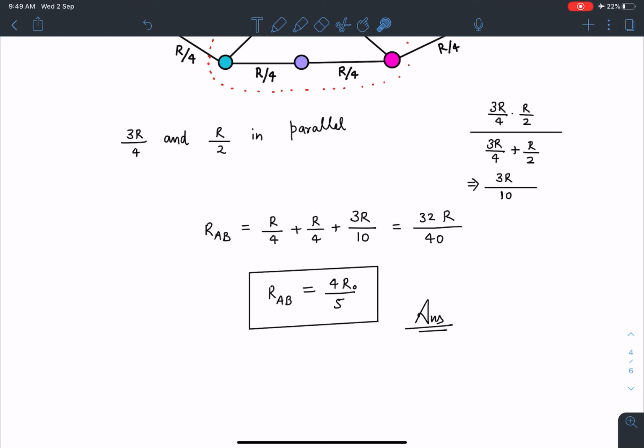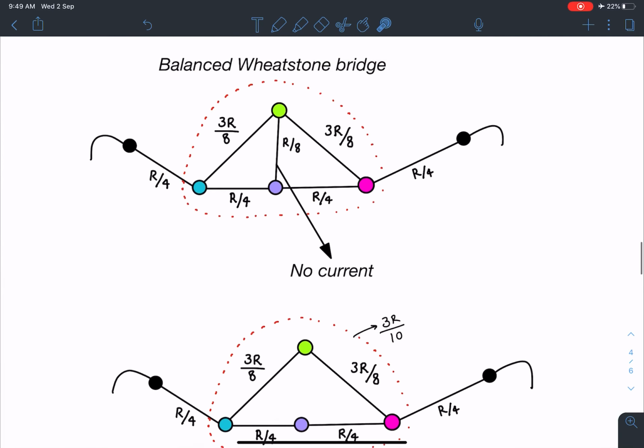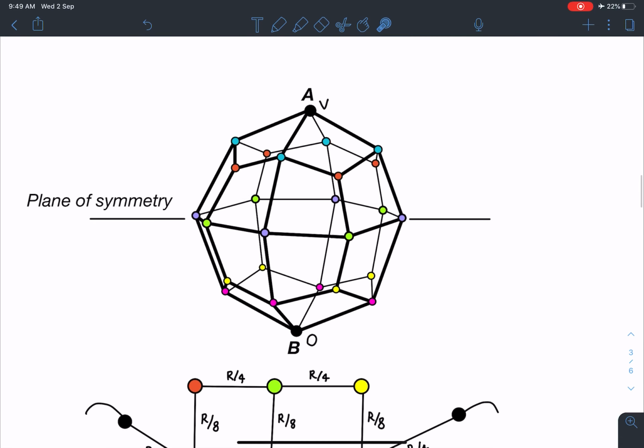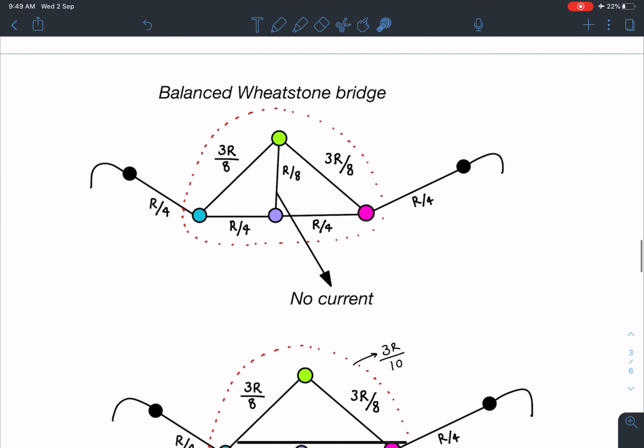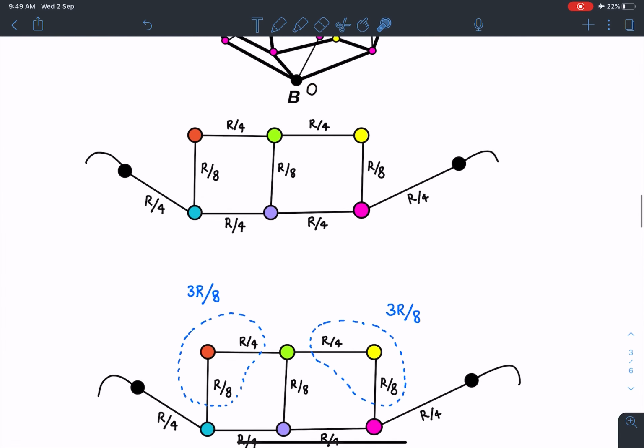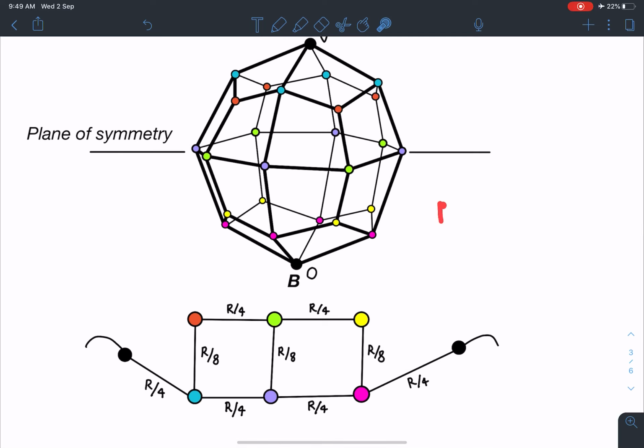I hope you have enjoyed this method and overall this problem as well. This is a very nice problem and very simple one. You can see hardly any calculation has been done. So if you give proper color points or maybe symbol points, whichever way you are solving this question, that is going to give you an advantage, and it will make this problem very simple.